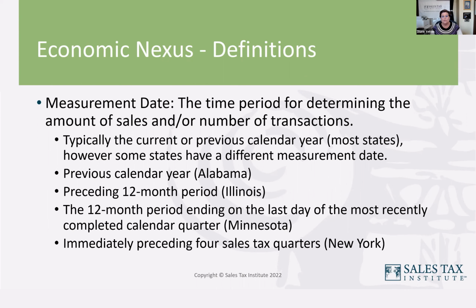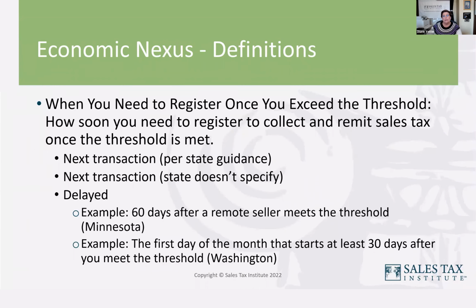New York uses their sales tax quarters, which are off. So New York doesn't use calendar quarters, they use their fiscal quarters. So you're going to look at a rolling four sales tax quarters. And then once you know what the measurement period is and you look at whether or not you have exceeded